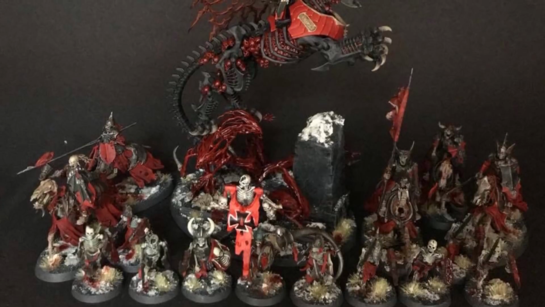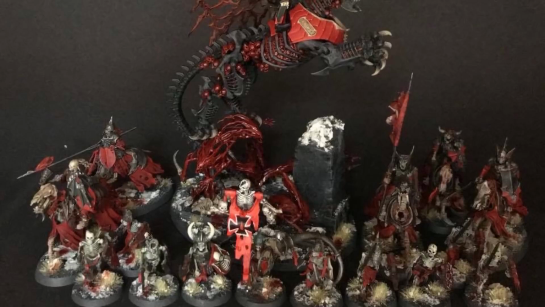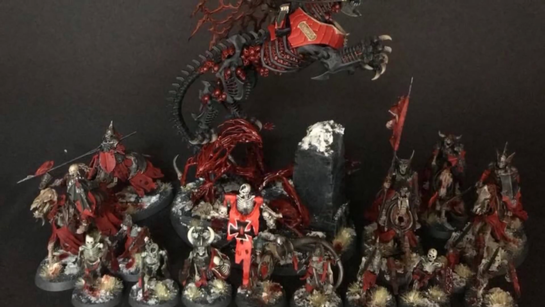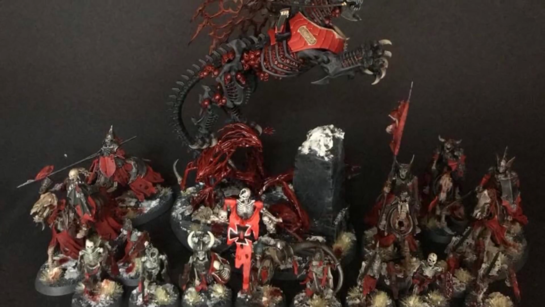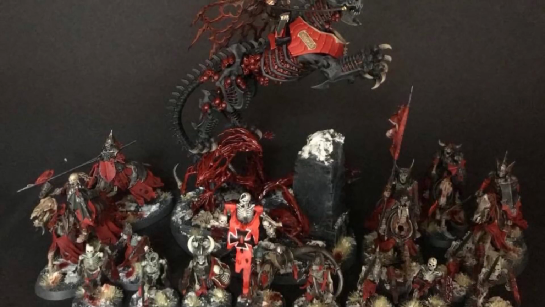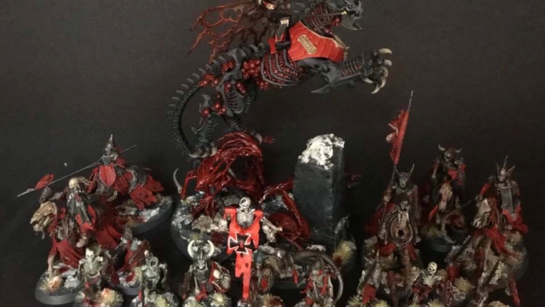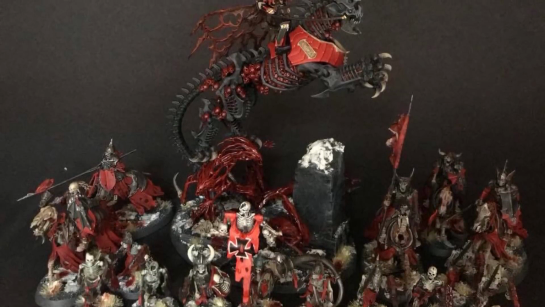But anyway, the idea is that the first stage is that you buy a Start Collecting box, you paint it up in any colour scheme you want, and it's your first step into assembling your army to prepare for battle in the realm of Shyish. So I obviously went for Death. I went for the Start Collecting Skeleton Horde box, and out of that I built and painted Arkhan the Black,